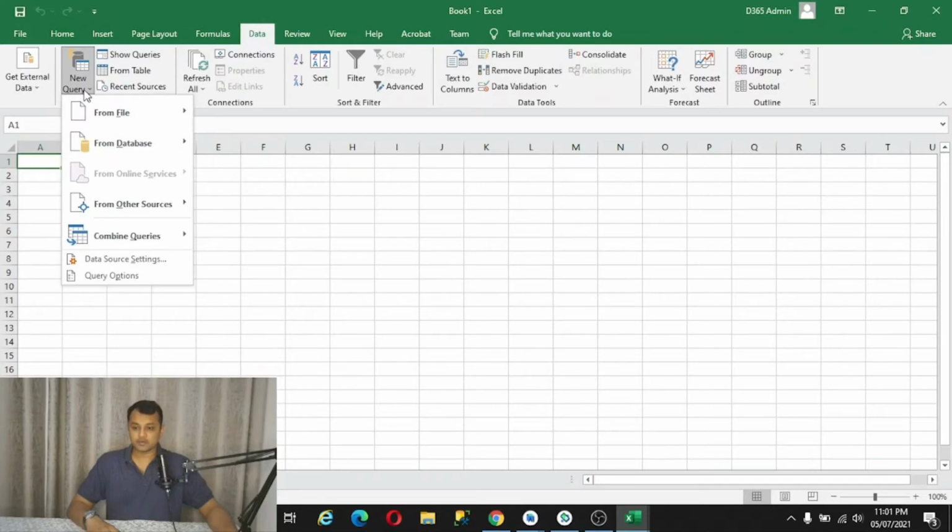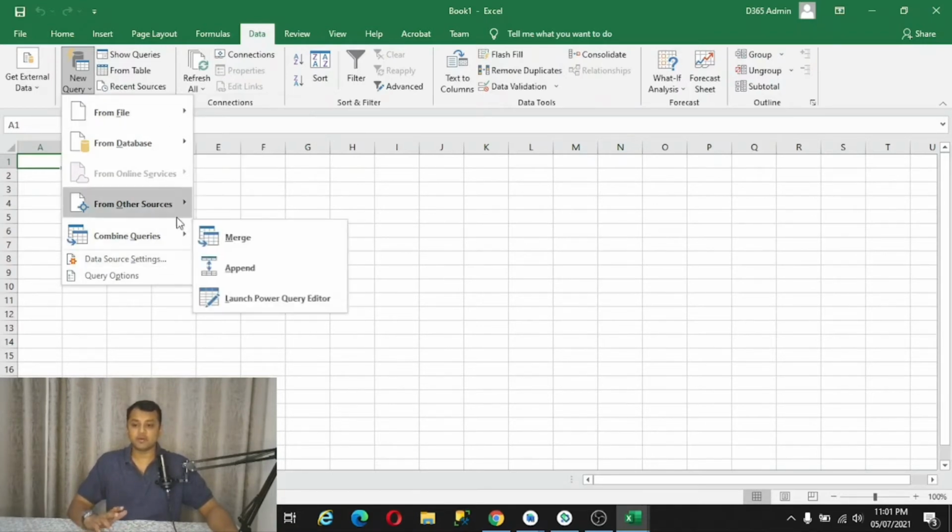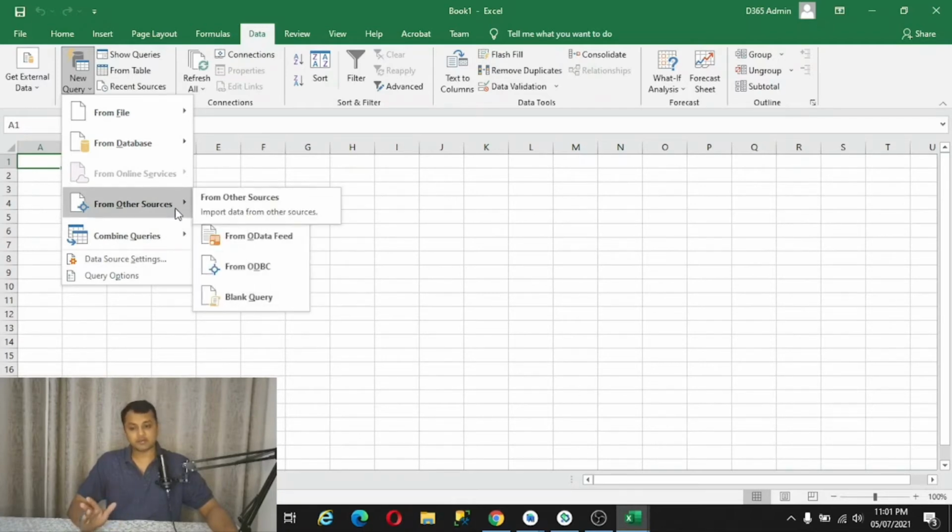Under the external data, we have multiple options available, and you can click on New Query as well. New Query is my go-to method to select and fetch data from Dynamics 365. New Query is actually Power Query. Power Query is, as I mentioned in my previous session, where we are connecting to Power BI.